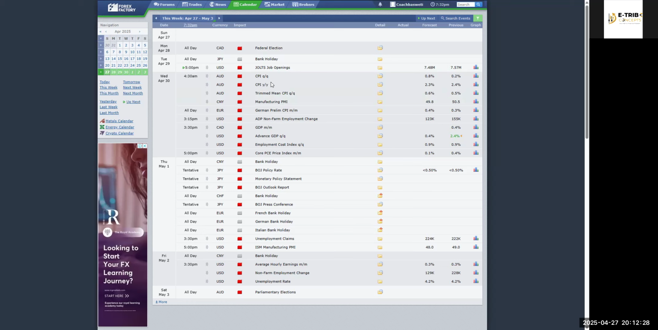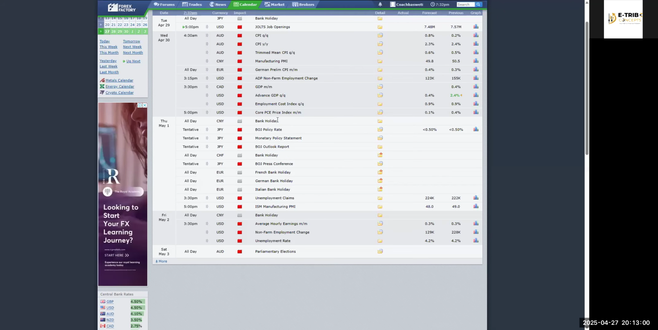Then on Wednesday, early in the morning during the Asian session, we'll be having CPI for the Australian dollar. And then later on, on the same day, during the New York session, we're going to have ADP non-farm employment change. We'll also be having Canada GDP, as well as price index, as well as employment cost index for the dollar. That is during the New York session. Then on Thursday,